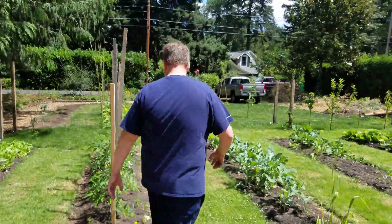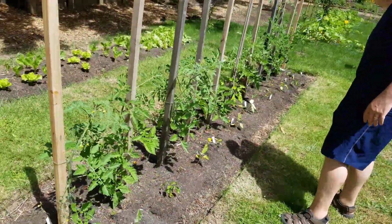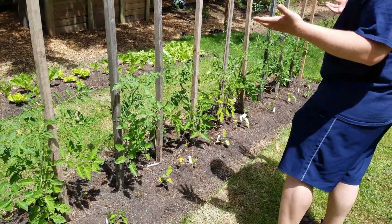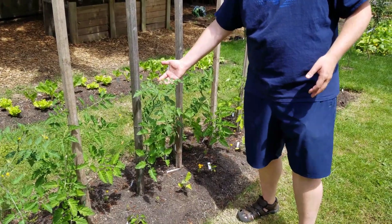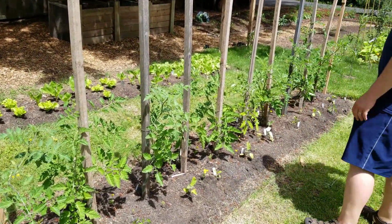Keep going this way. This is another tomato bed that we have. Tied these tomatoes up as well. You can see these are getting nice and strong in here. They've got nice thick stems and they're growing nice and tall. The yellow flowers, of course, are what will become the tomatoes. So this is what gets pollinated, and then they become the little tomatoes,